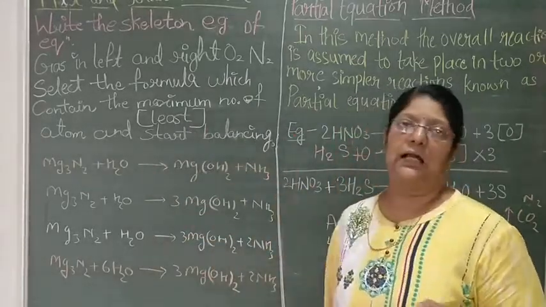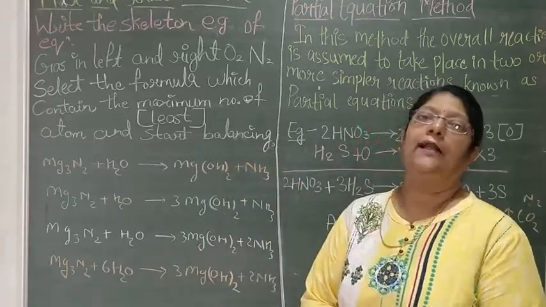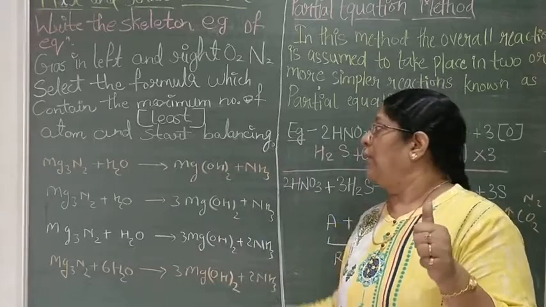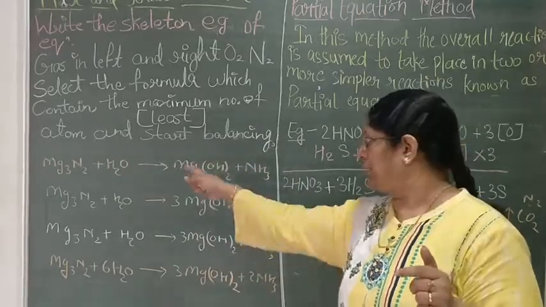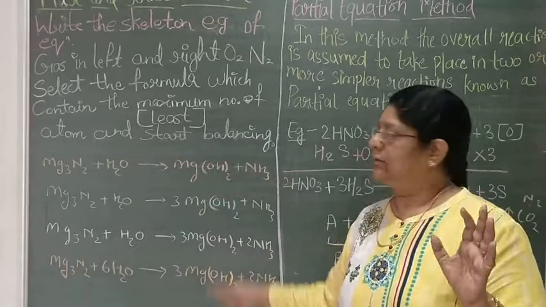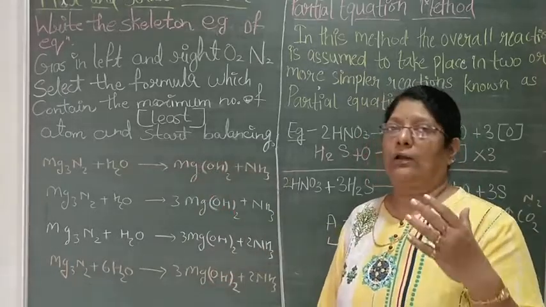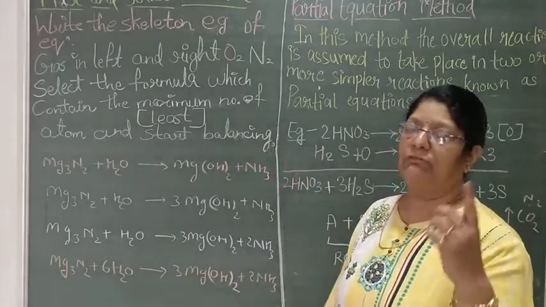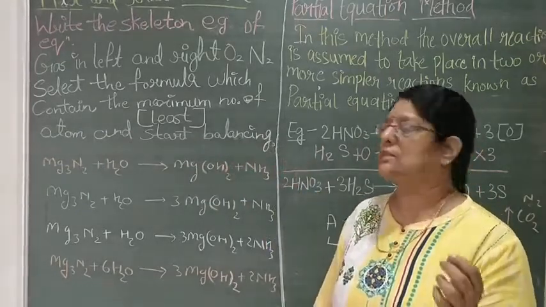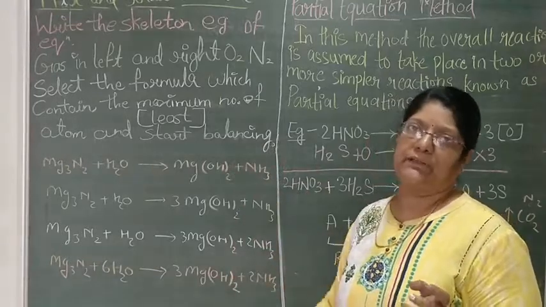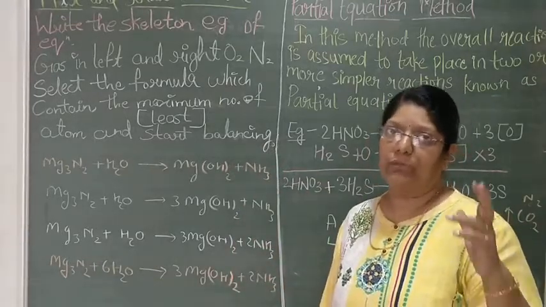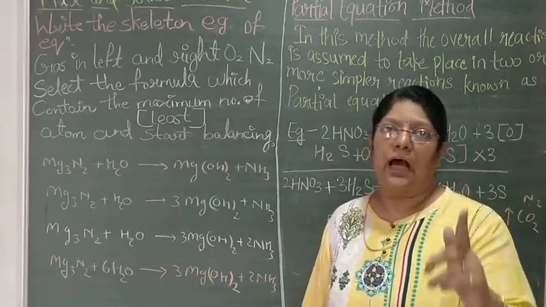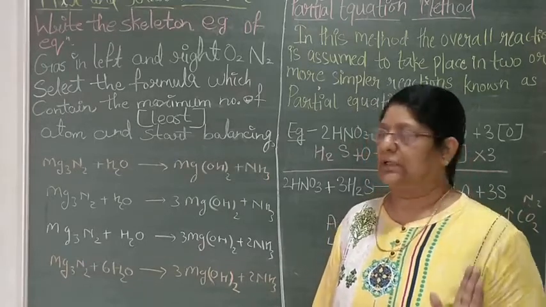Then we will start balancing this reaction, and to balance we have to follow two things. We should start with the element having the largest number in that particular reaction, then the balancing will be easier, or if it is not happening through that process, then we will try to take the least number of molecules present in the reaction. First we start from the large number, and then from the least number if the large number is unable to give the result.